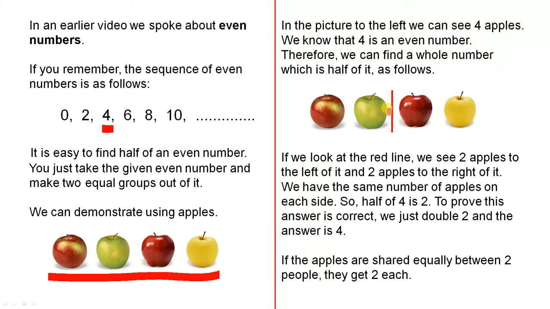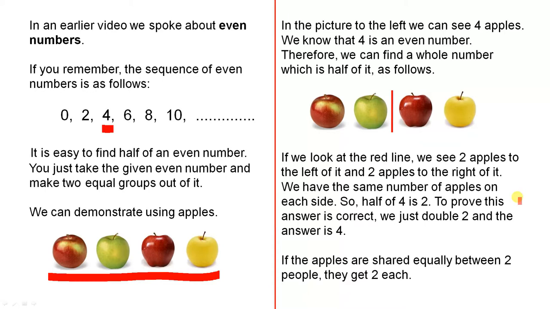Now here are the 4 apples repeated. If we look at the red line, we see 2 apples to the left of it and 2 apples to the right of it. We have the same number of apples on each side. So half of 4 is 2. To prove this